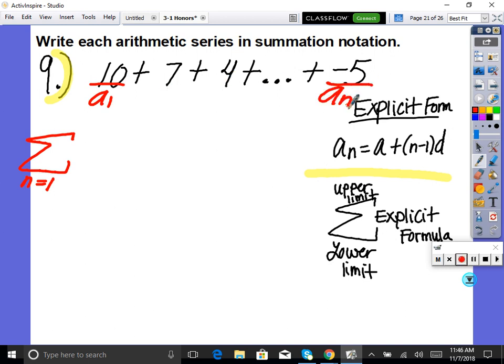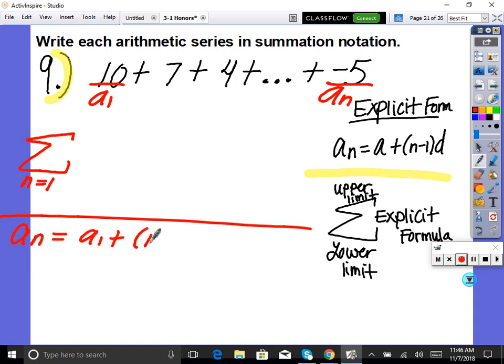Uh-oh, we don't know. How many terms am I summing up? I don't know, do I? Just like back to the sum, didn't we have to first find what n is? Yes. We're going to have to push pause on rewriting it. I need to know if that's a sub 10, 20, 30, you know? Yep. So you go a sub n is equal to a sub 1 plus n minus 1 times d, plug